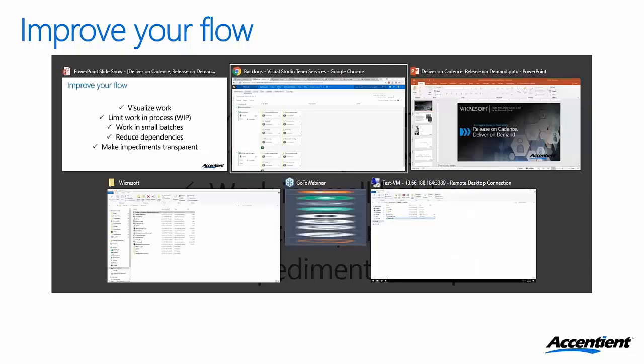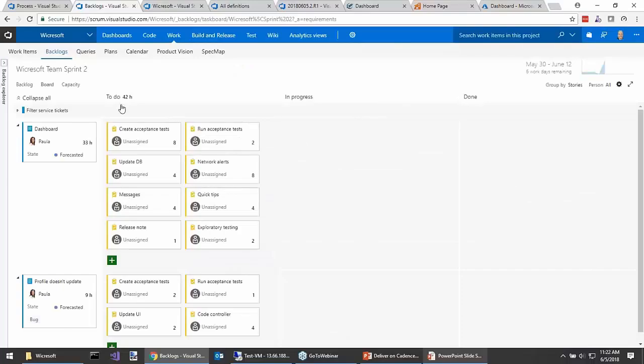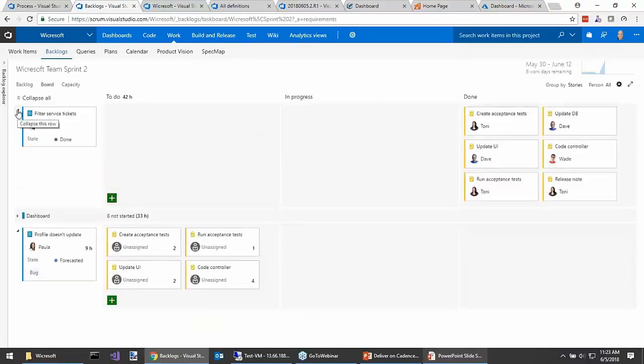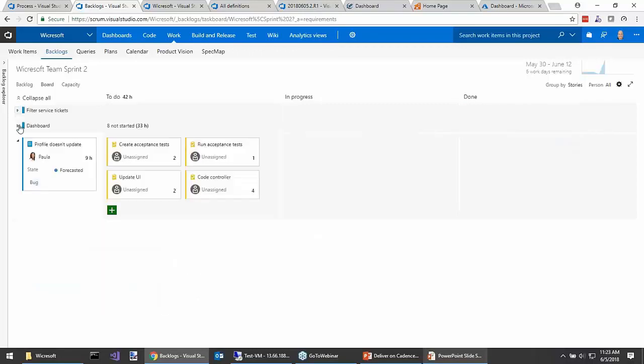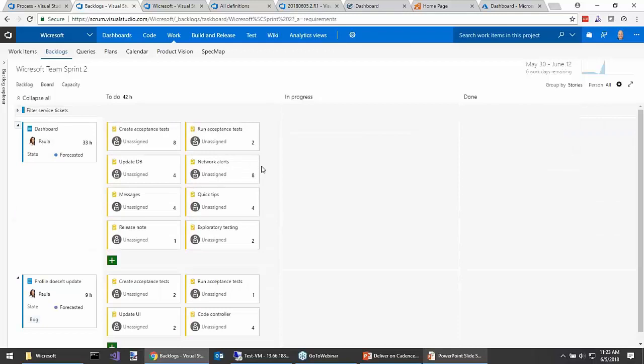So let me go back into the board now, and in my task board here on the Scrum template, it's basically just 3 columns. Here's a task. These tasks are to do, these tasks are in progress, and these tasks are done. And if I show you what the team has already sort of swarmed on and completed, you can see that all of the tasks for this filter the service tickets PBI, they're all in the done state here, and therefore our PBI is done. But let's start to actually execute on this dashboard here.